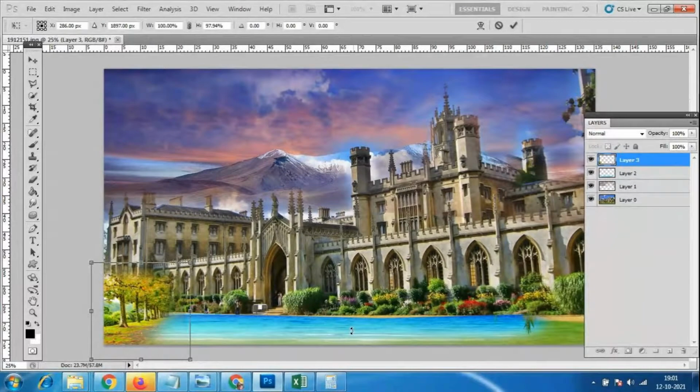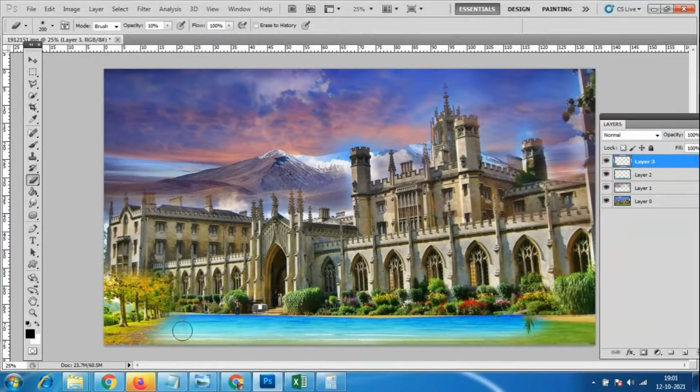We have the trees here. So 10% I have given means it will not erase properly. So you have this patch kind of work.